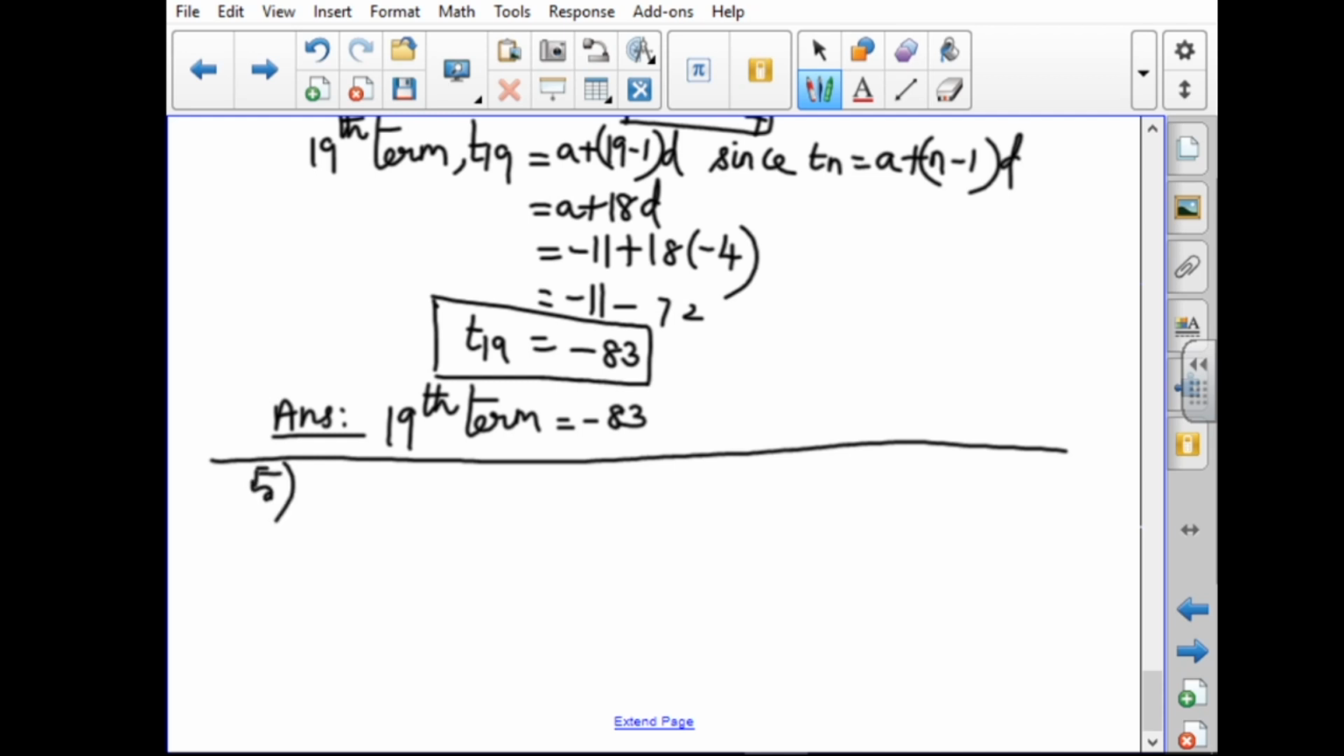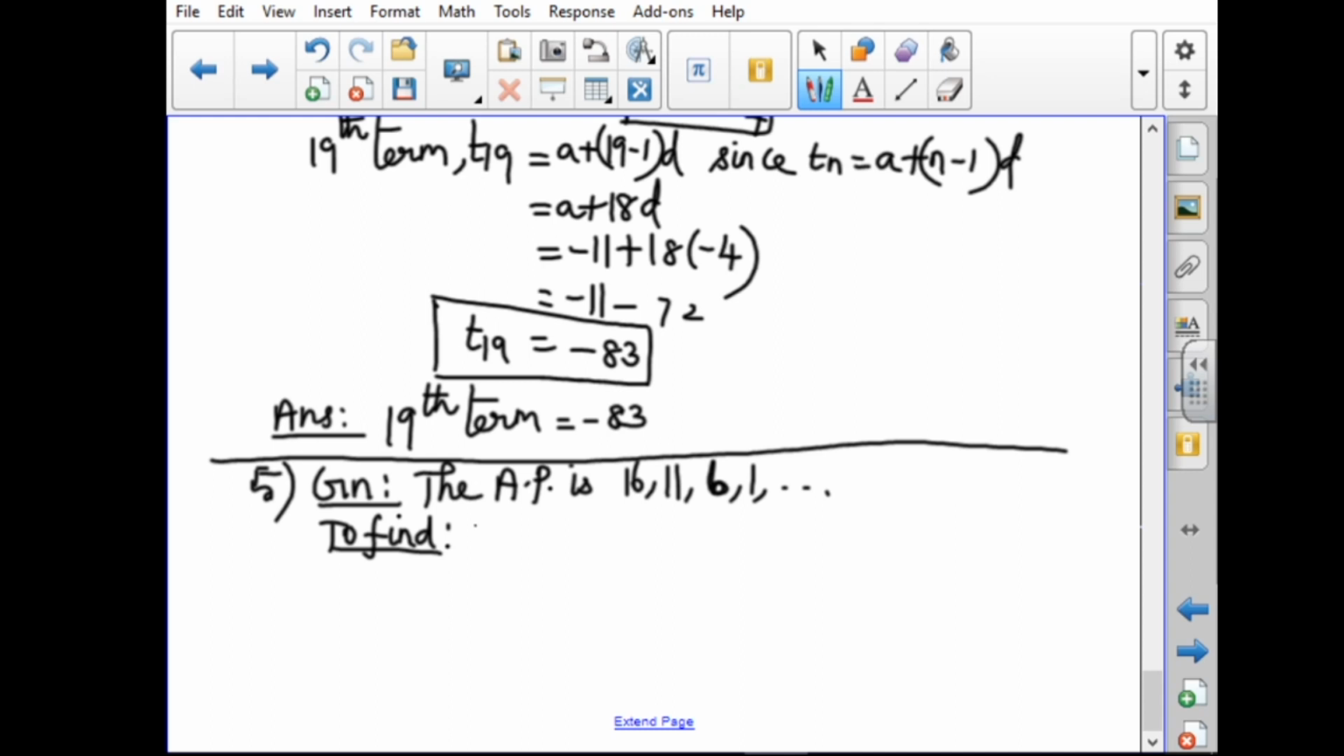Which term of an AP 16, 11, 6, 1 is minus 54? Given the AP is given as 16, 11, 6, 1, etc. It is in the decreasing order. So, the common difference should come in the negative form. To find